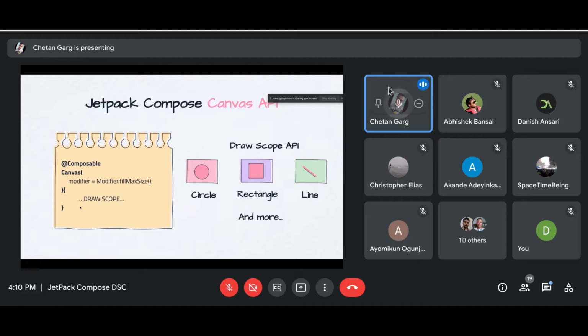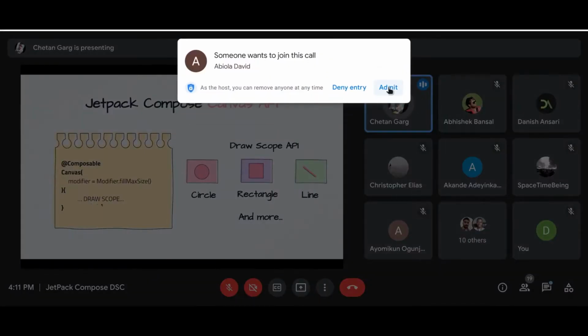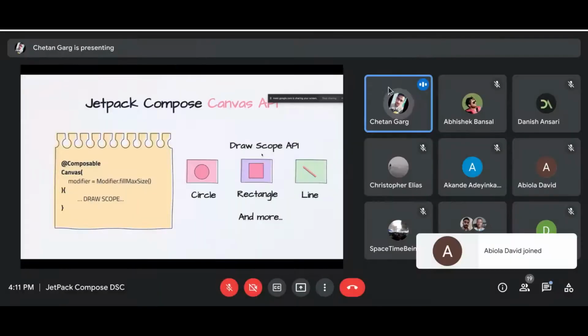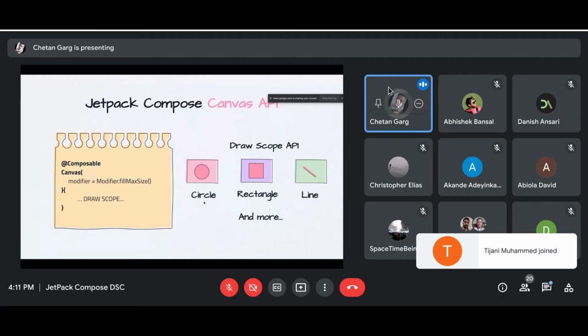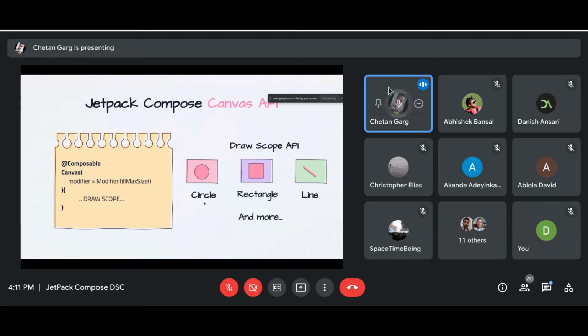That will give you an error, and you have to keep that in mind while working with canvas. This drawing scope has a drawing scope API which gives you functions to draw basic shapes. For example, if you want to draw a circle, there is a simple function named drawCircle.